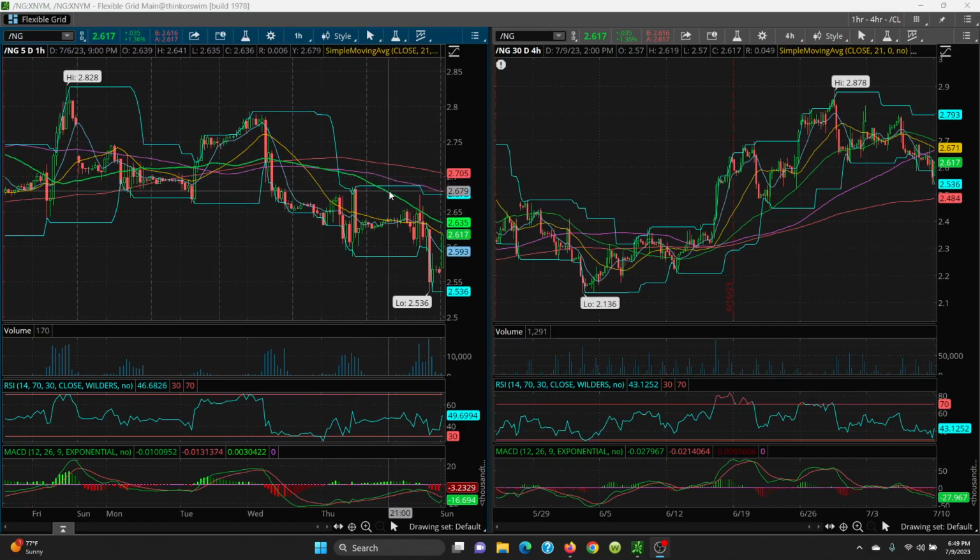2.619, and then watch this 50, 2.63, and then you have your retest here at 2.67. Okay, on the downside, watch this 8 SMA here, 2.59. If that is lost, then we look to the bottom of the candle. You're looking at 2.57. Then we have here, you have 2.56, and then your big retest here is going to